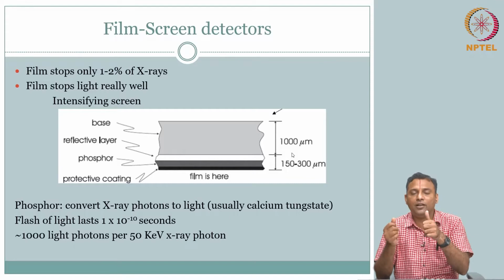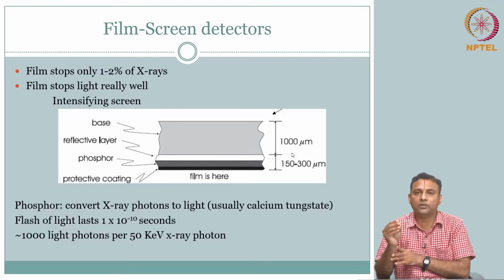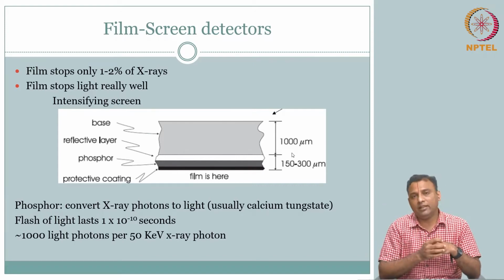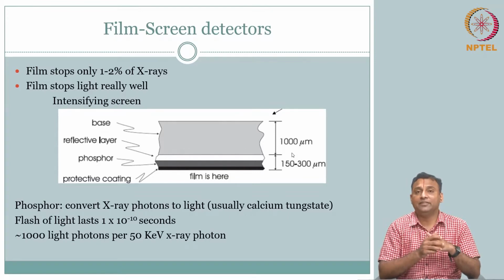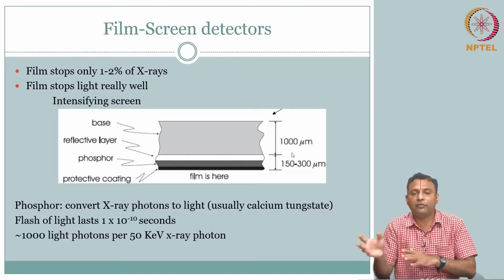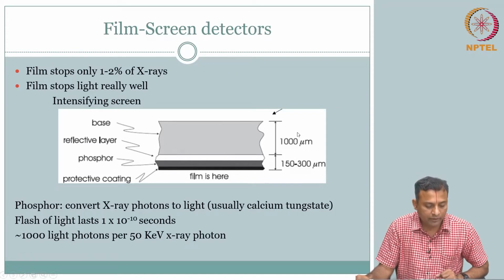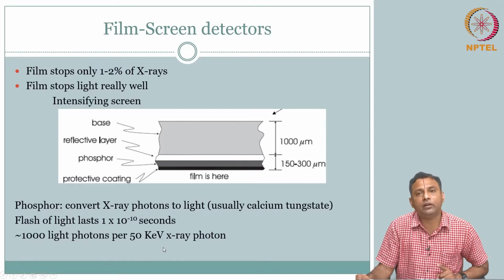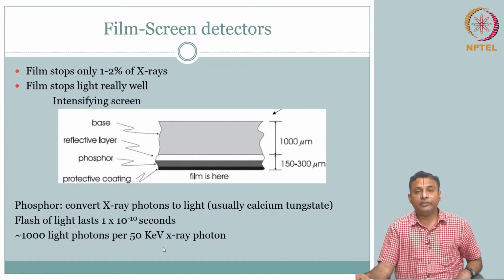So, the more the light photons, the lesser the time to expose the full film. To spoil this film, you need only less time. So, speed of screen actually refers to the conversion efficiency of this material in converting X-ray energy to a number of light photons, many light photons if it can produce. Here typically you get about 1000 light photons per 50 kiloelectron volt, that is the range when you operate your